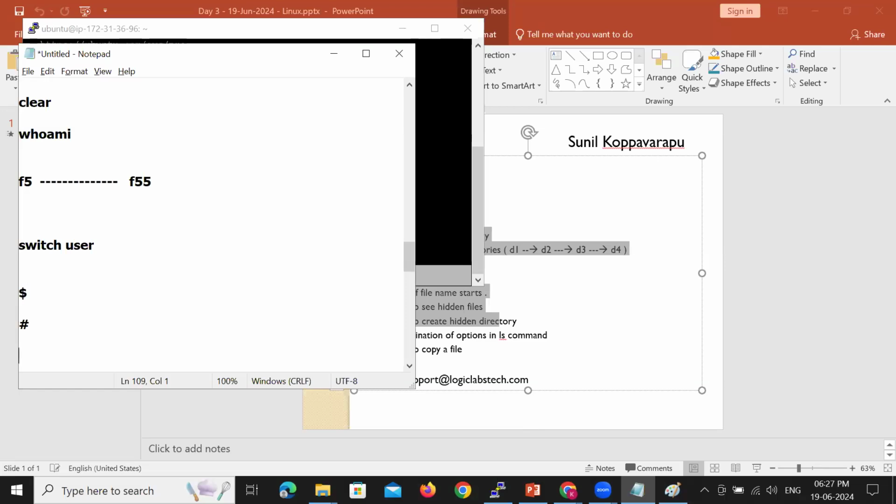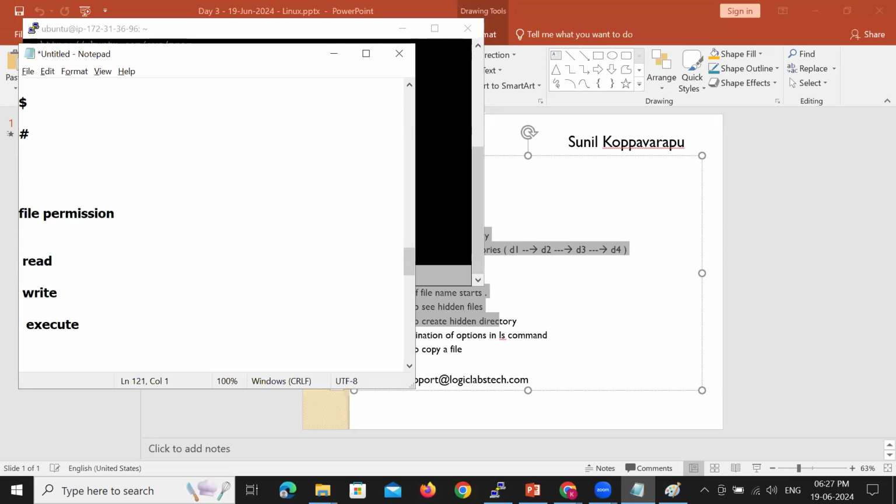The most important point of tomorrow's session is file permissions. A file can have three types of permissions: read permission, write permission, execute permission.